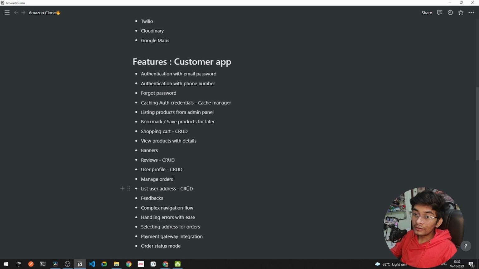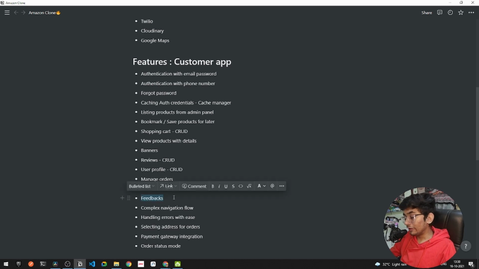After that, all the users will have a list of addresses. There won't be a single address, but a list of addresses, because the addresses will be of type home, office, other, and etc. After that, we have got an option of feedback. Suppose we need to add some feedback to the application, to the delivery boy, or any other component. There is also an option of feedbacks, that is creating all the feedbacks.